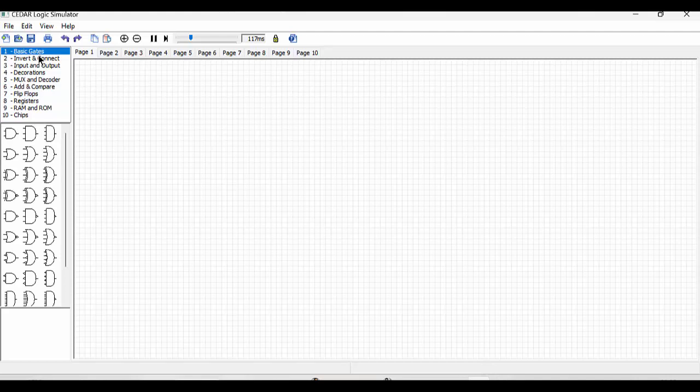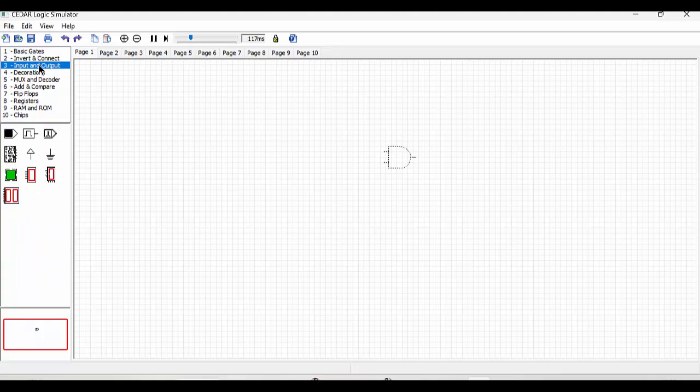Using a simple gate like this, we can use this AND gate. Just click over here and drag and drop it in this workspace. Now here we have this 2 input AND gate. And now we can set this input and output portion. Okay, here it is, a 2 input AND gate. So take this